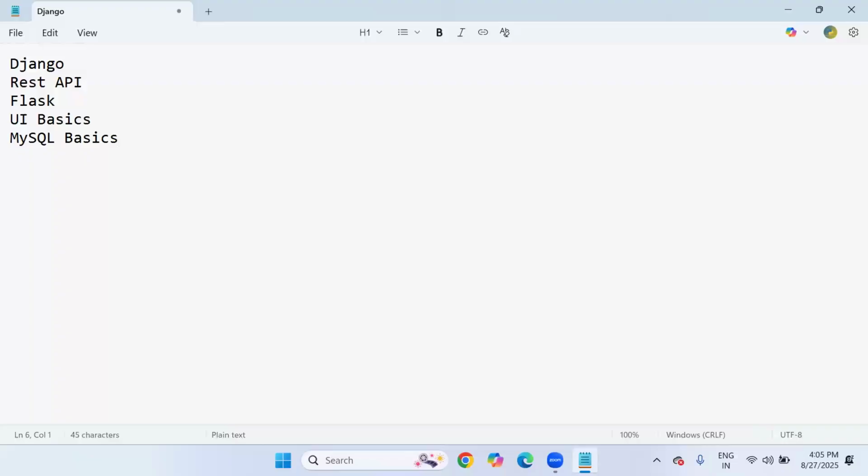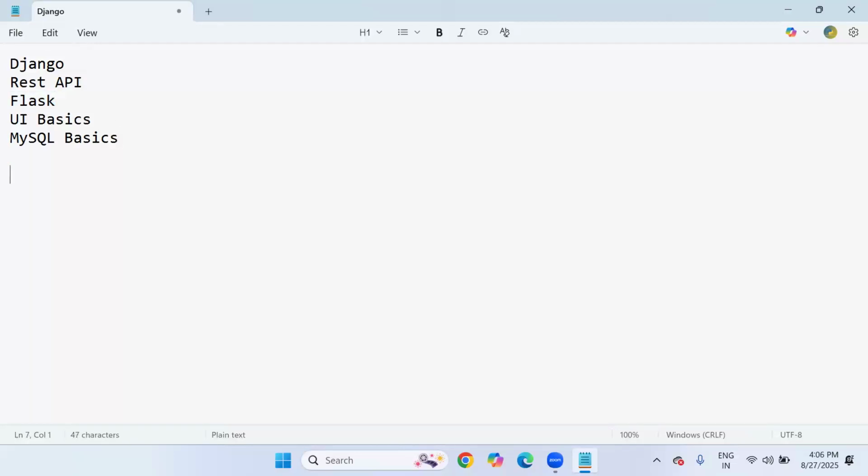In total, I'm going to cover these subjects in the Django, REST API and Flask frameworks, including 3 to 4 hands-on projects using Django, REST API, and Flask.